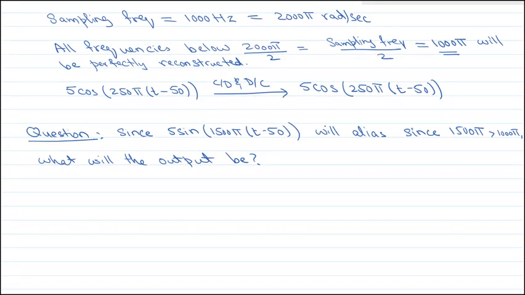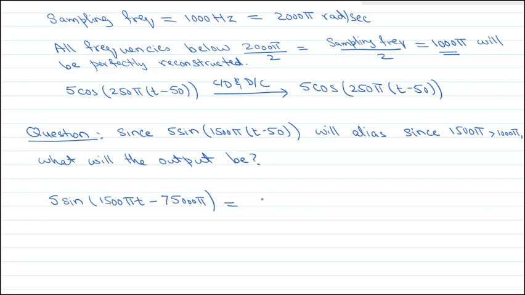Okay. To answer this question, I am first going to express this sine expression using Euler's identity. So I'm going to write 1500 pi t minus 75,000 pi,